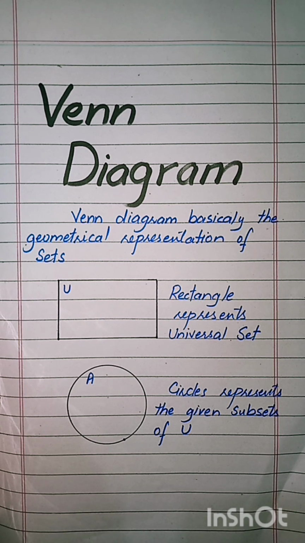Students, the Venn diagrams are basically the geometrical representation of sets. In this we have defined sets, and describe the sets with the help of diagrams. So for making the diagrams, a few shapes we have to discuss. Our first shape is the rectangle. So the rectangle represents the universal set in the Venn diagram. When you have to draw the rectangle, then this represents the universal set in the Venn diagram.